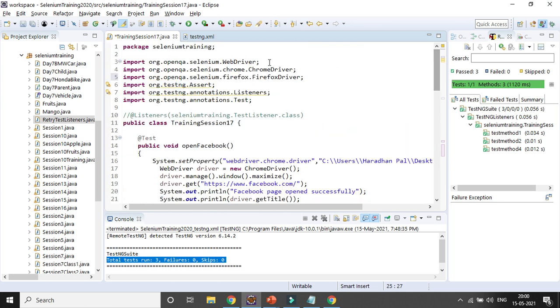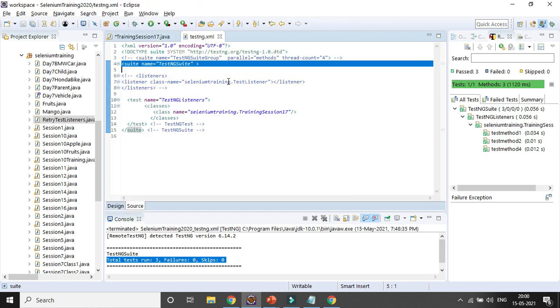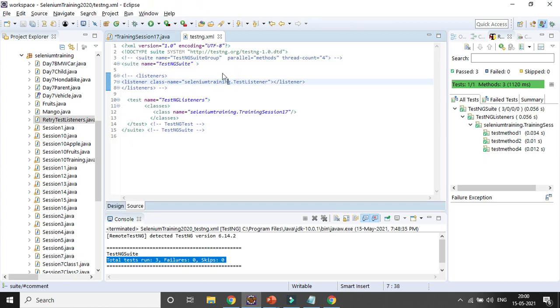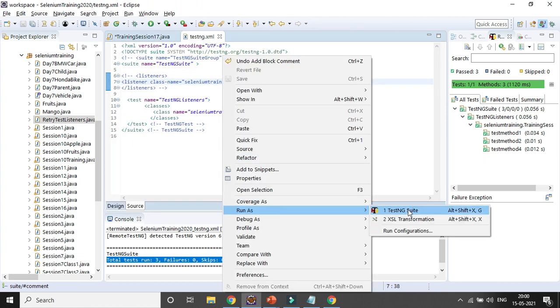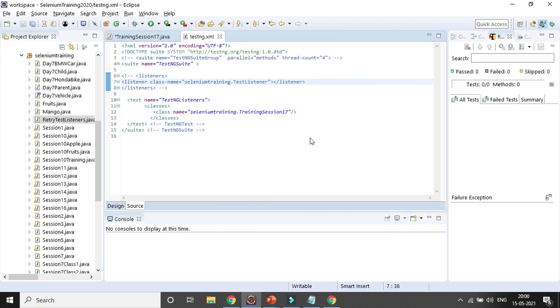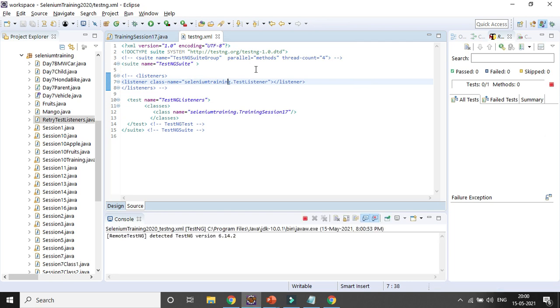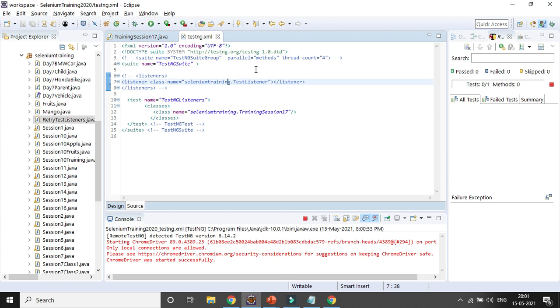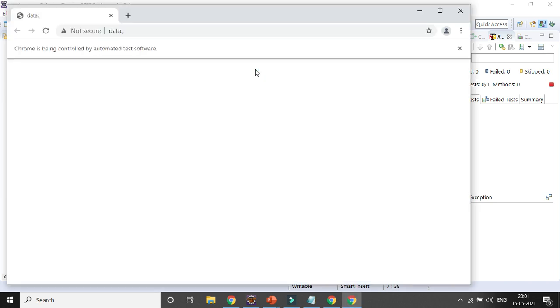Now if you want to run it from the test.xml file, nothing will happen. The test cases will be running one by one, because I did not use any parallel definition here in the testng.xml file. Though I have mentioned 4 different instances, 3 for Chrome driver and 1 for Firefox driver, the execution will still be done one by one.